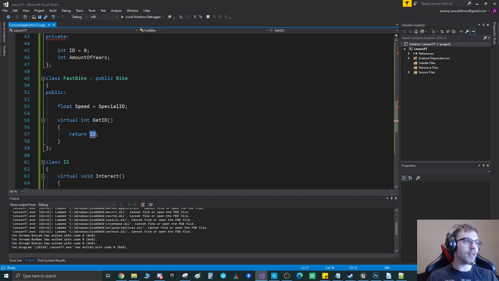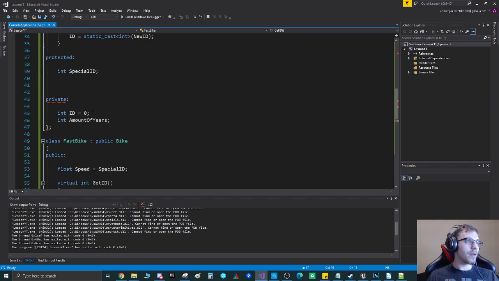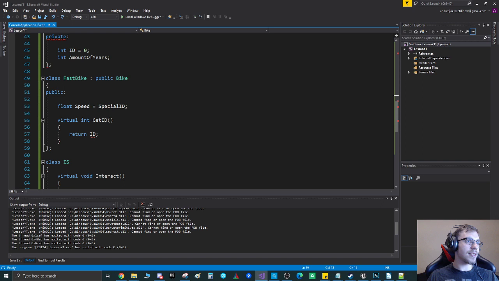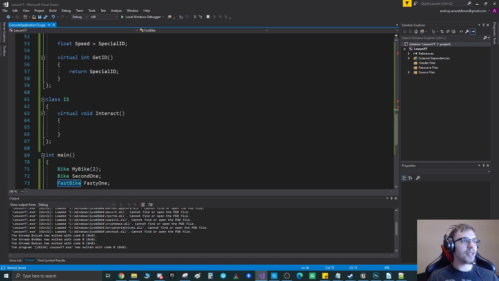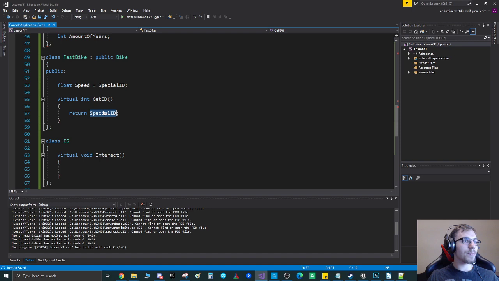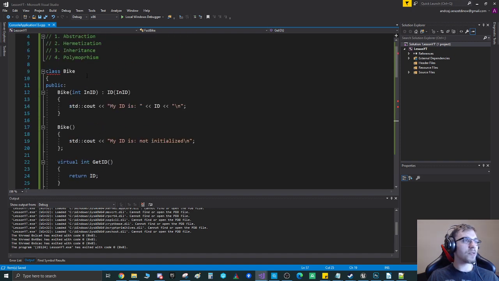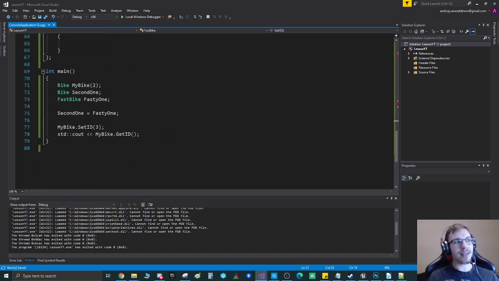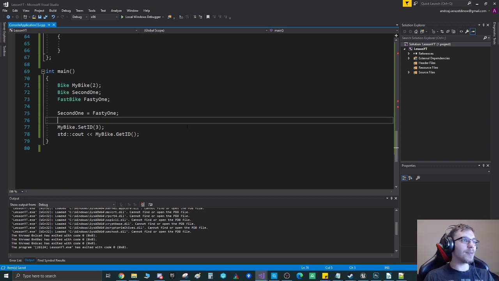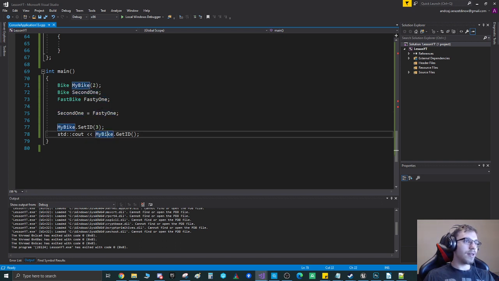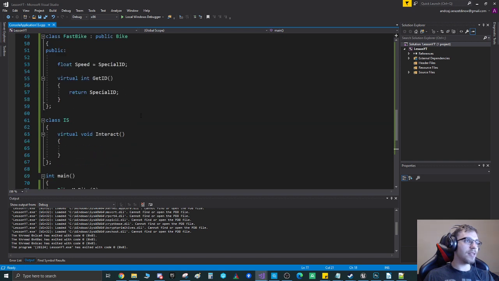I don't have access to ID. Well, there's specialized ID, let's say. Then if I call getID on fastbike, I will get the implementation from fastbike, and if I call it on an object of bike, I will get the implementation of bike. But there's a catch. As you can see, I have this second one equals fasty1. And now if I say second one get ID,